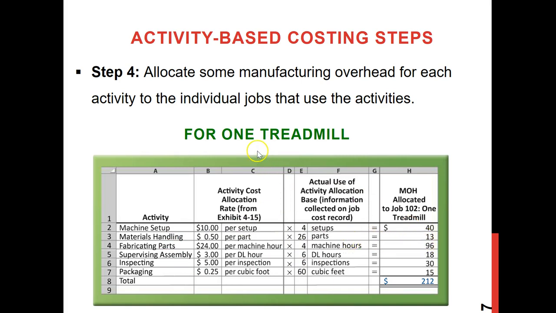For example, to produce one treadmill, they need to do 4 machine setups, and you know that $10 is the machine setup cost, so the total machine setup cost for producing one treadmill is $40. This is how you can check the allocated overhead cost for every activity to produce one treadmill. And if you add the costs of all those activity-based overheads,